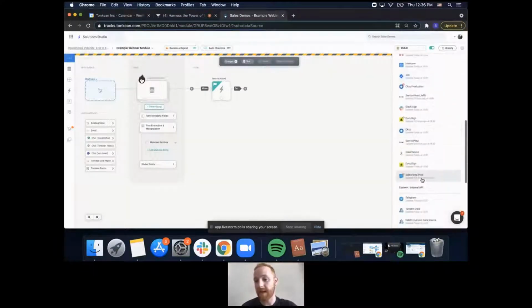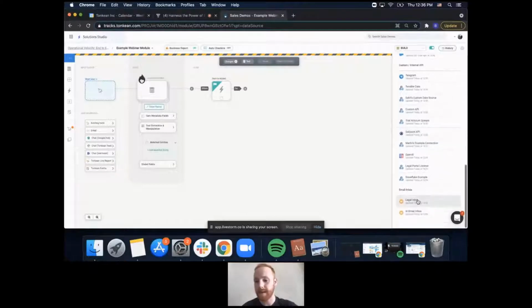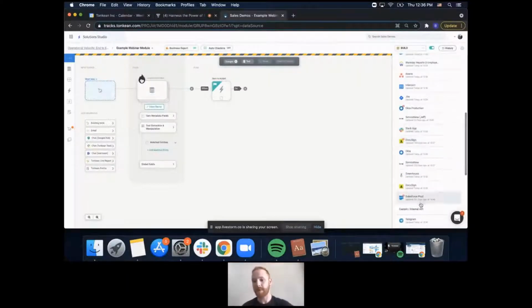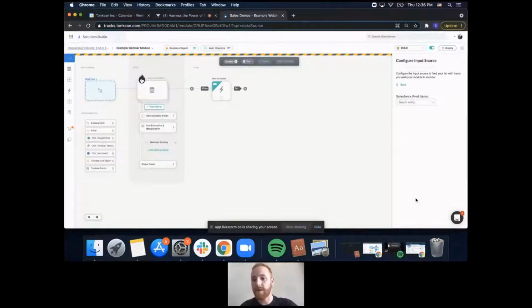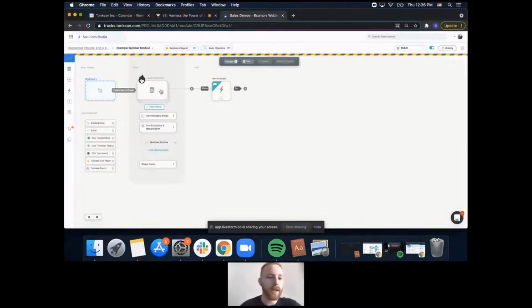It could be any kind of custom application that you guys have set up, right? It could be an email inbox. It could be a database. We don't really care. We're totally agnostic. Once you set one of these up, for example, Salesforce, let's monitor accounts. I'm not going to do that. Tonkean will always be monitoring that, and you can then go ahead and take action off of it